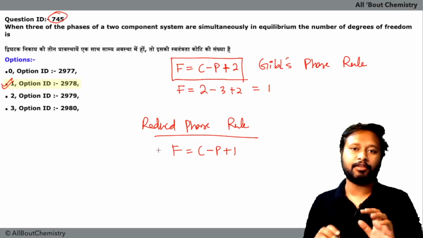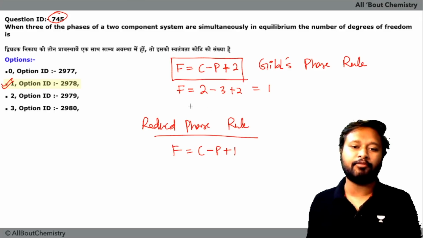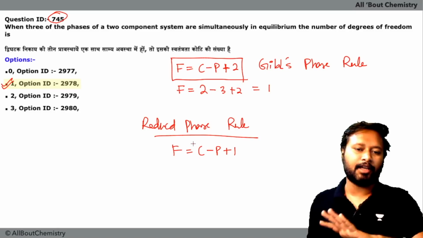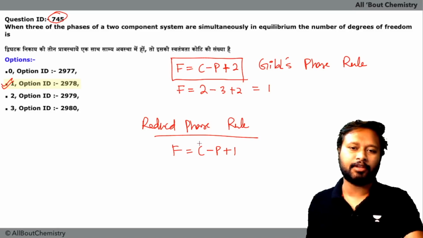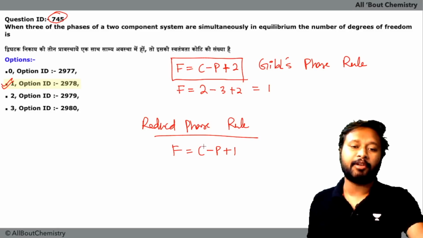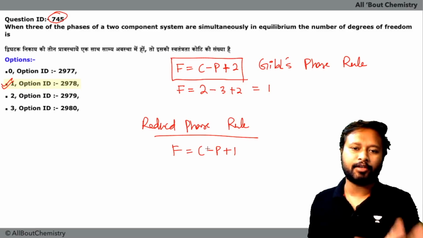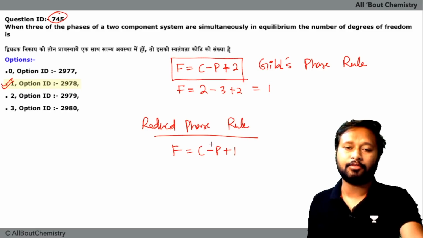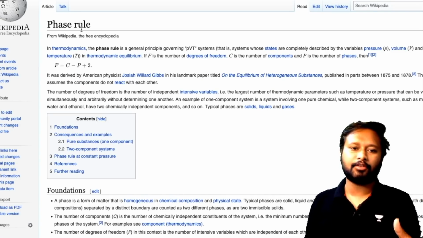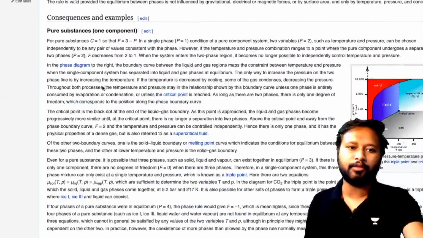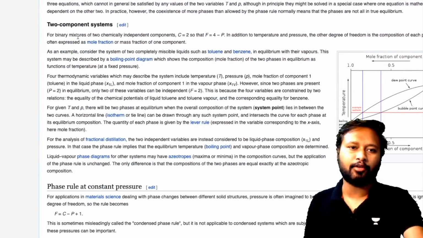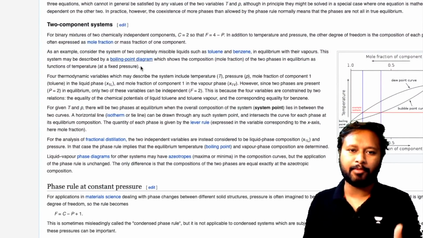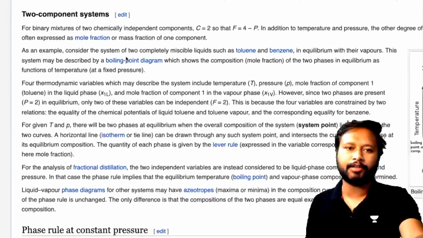When you have to use this rule, be very careful when we are going to use it, and I'll show you with some reference. I'll just show you what's there if you just search about the reduced phase rule on Wikipedia also. So this is the page on Wikipedia regarding the phase rule. If I come a little down over here, and talk about the 2 component system, you can read about it. The text is small on the screen right now.